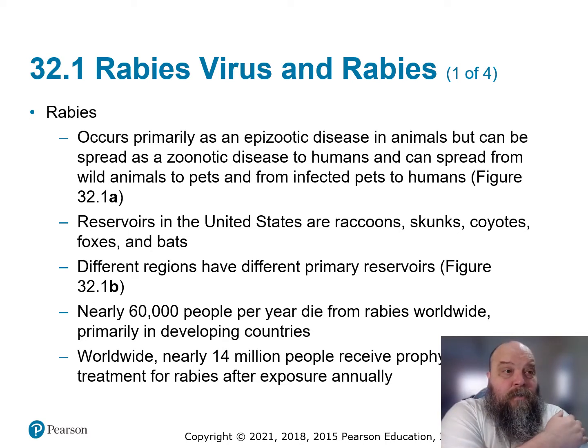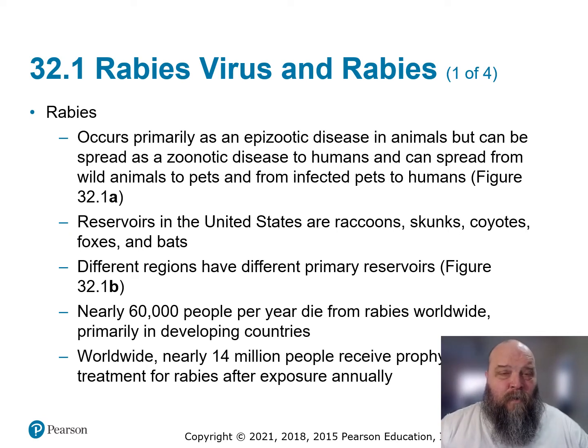The primary treatment is upon exposure. Within a few days of exposure, they're going to give you the vaccine. How's the vaccine a treatment, you may say? Well, it takes multiple months, usually 2 to 4 months or so, for people who've been exposed to rabies to start manifesting the signs and the symptoms associated with rabies.